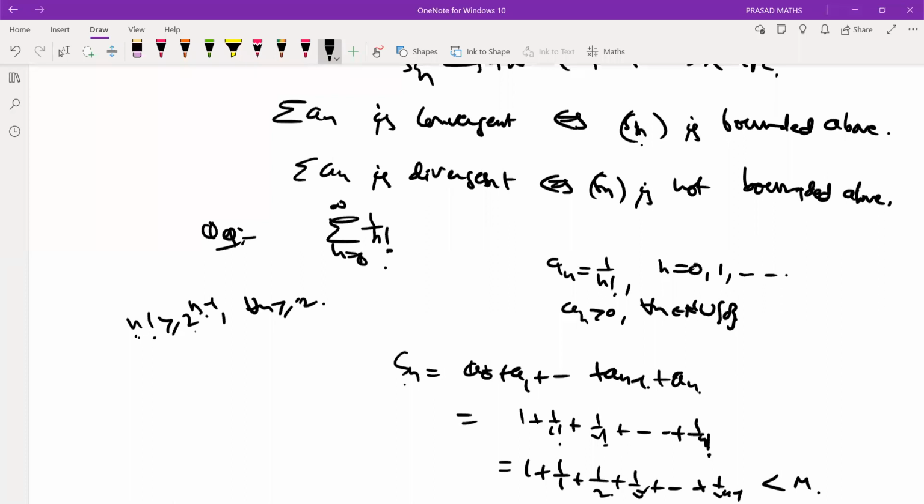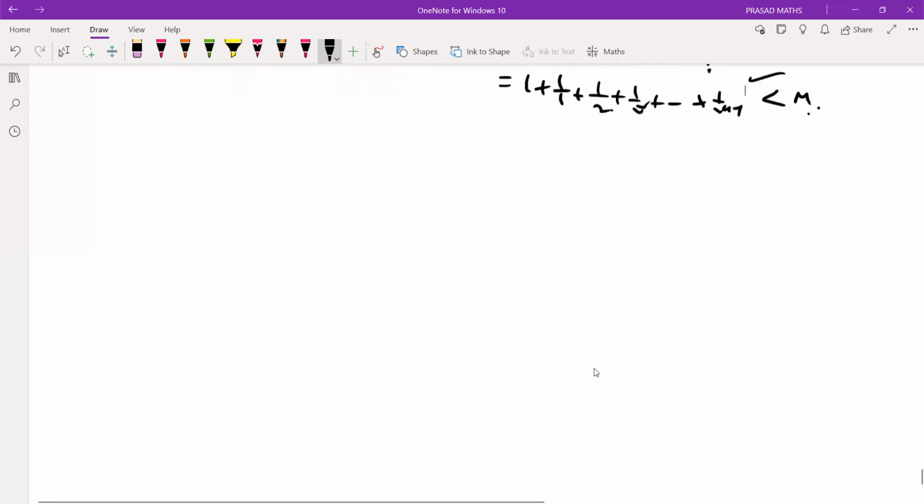Therefore Sn is monotone because it's a positive sequence. Therefore Sn is bounded above. Therefore this is convergent. For a positive term series, just being bounded is enough. We proved earlier in the classes that this is bounded, right? Therefore this is always a convergent series. This is always a convergent series, right? So next